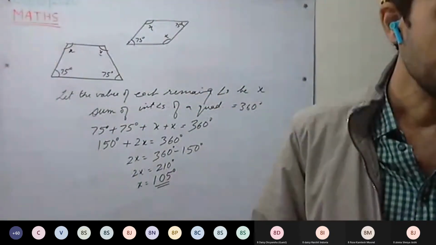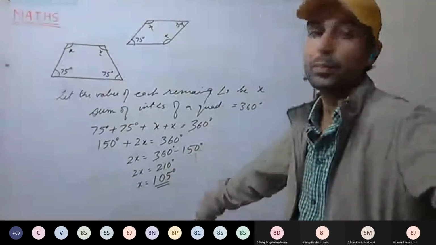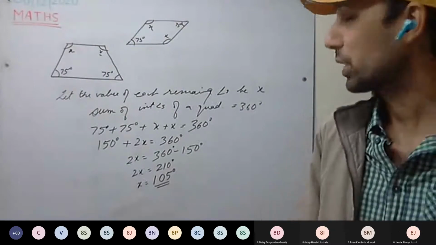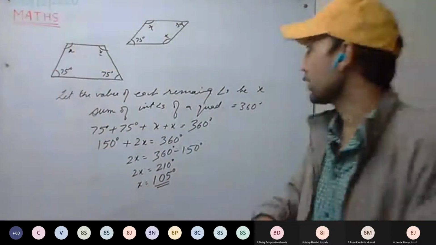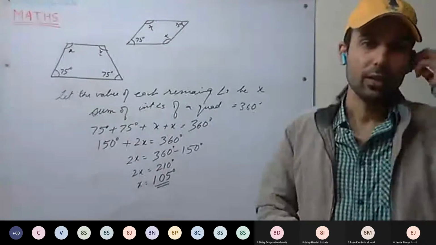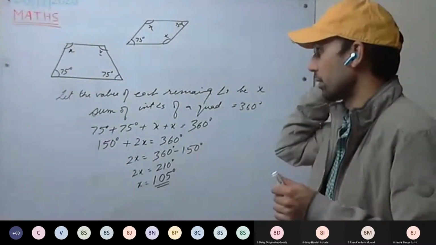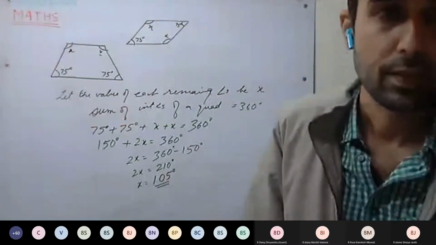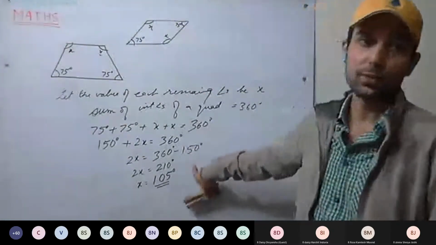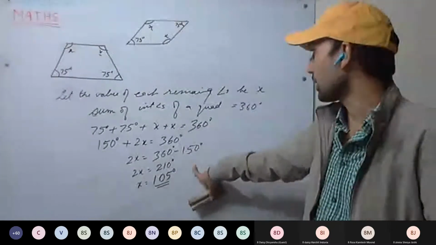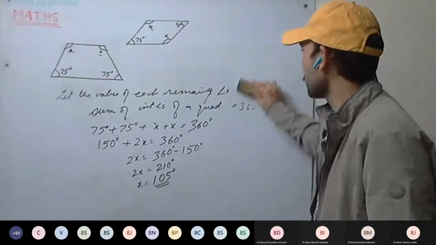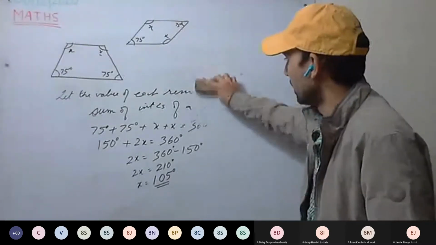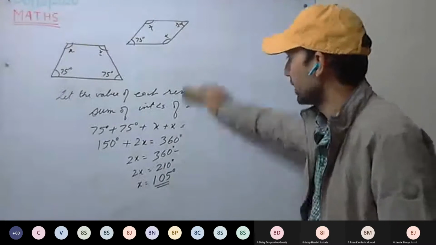Done. Okay, sixth question. I'll wait for a minute, then we'll move to seventh question. Anyone have doubt in sixth question? Haven't understood anything in sixth question? So thing is, in geometry, read the question properly, and then try to analyze what we have to do. Is this question clear? No doubt to ask now, because after the second part of this chapter, we will be doing little bit more complex questions. We will be discussing different kinds of quadrilaterals as well. So their properties as well we have to remember.